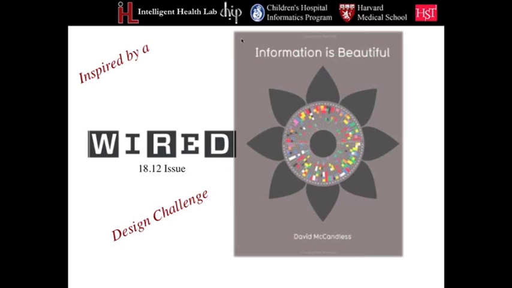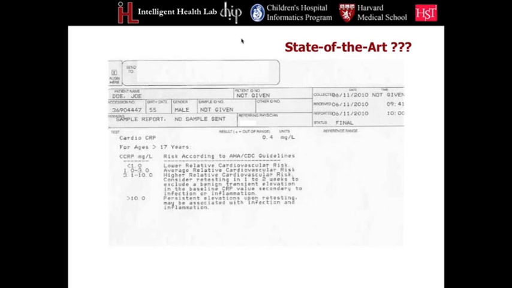A crumpled up piece of daisy wheel printer output stuffed into an envelope and mailed to the patient, and it's supposed to encourage individuals to now see that their cholesterol is out of whack and change their lifestyle, lose weight, eat healthier, all those things, go on statins, all that stuff. Turns out not to be a very interpretable or enticing way to display data either to clinicians or patients.